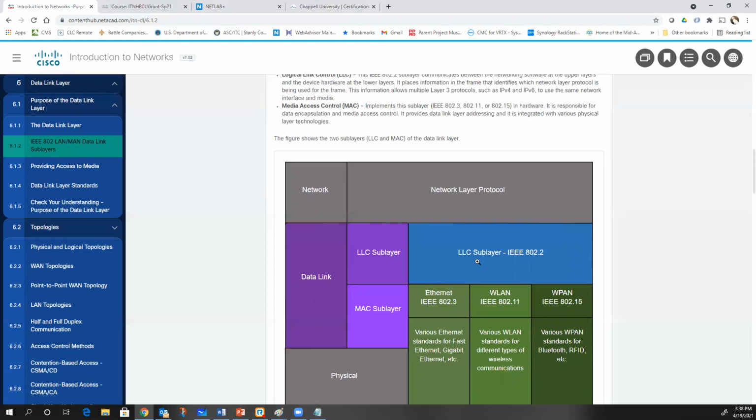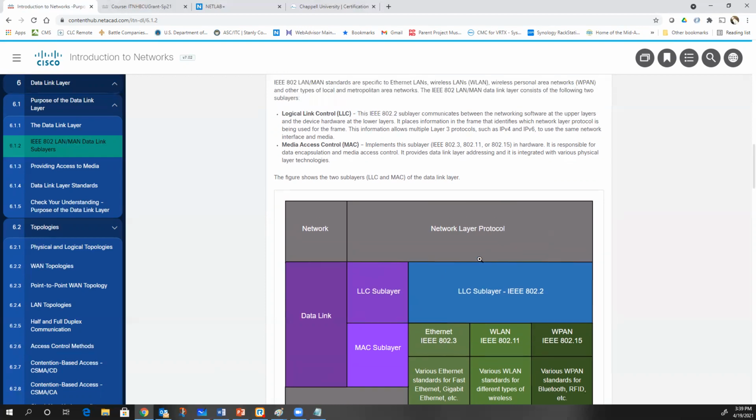And then what's important is you've got to have a way to get up here and talk to the network layer, whatever you're running up here. We're running most of the time IPv4 and IPv6, but you could be running IPX-SPX in an old network. You could be running other protocols like AppleTalk. That's an old network layer protocol. But to do that and still run on Ethernet, you have to have this logical link control sublayer,